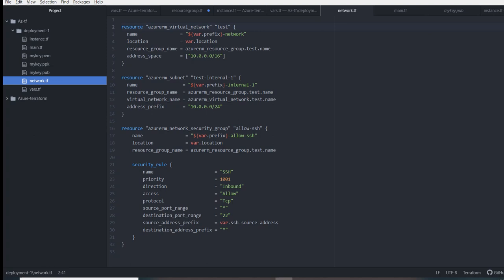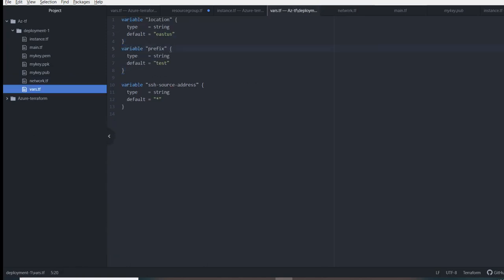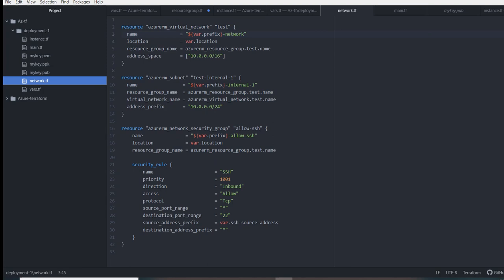If you see, we would be creating a resource of type VNET, with the name of test. Sorry, the name of the VNET would be prefix hyphen network. That would be the prefix in here. It's test hyphen network. It will pick up this prefix, and then use that as test hyphen network. It will use the same location as East US from the variable, and the resource group name it will pick up